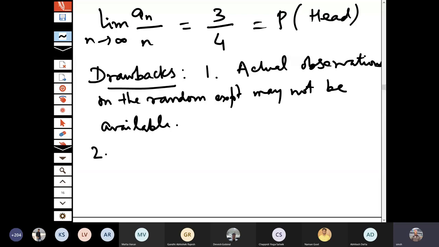What does it mean? Physically, it means that it is more likely to happen. That means it almost always happens. Sometimes it may not happen. But even then, this definition will allocate probability 1 to that kind of event. Similarly, it may also happen like I put log n by n. So log n by n goes to 0 as n tends to infinity. So out of n trials, the event may occur log n times, which is much smaller, but the event actually occurs. But the probability that you calculate using it will give you 0.